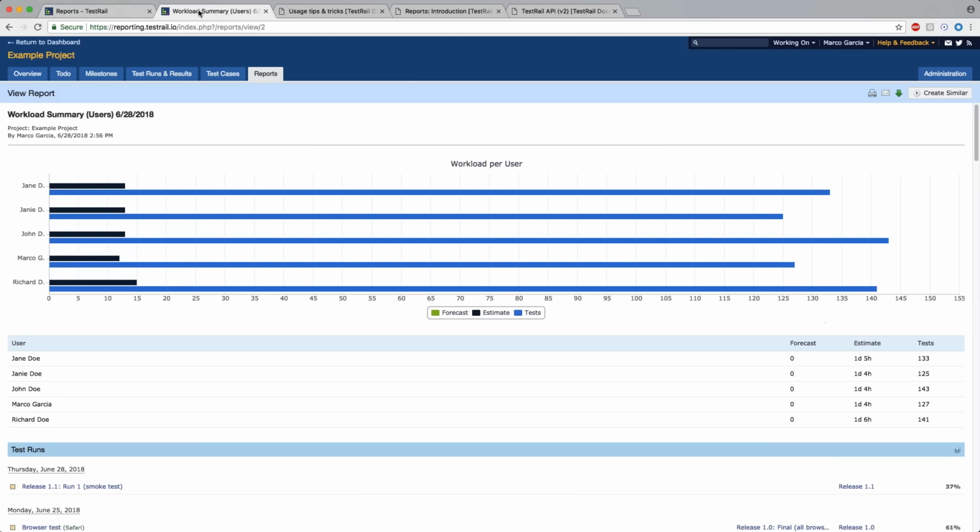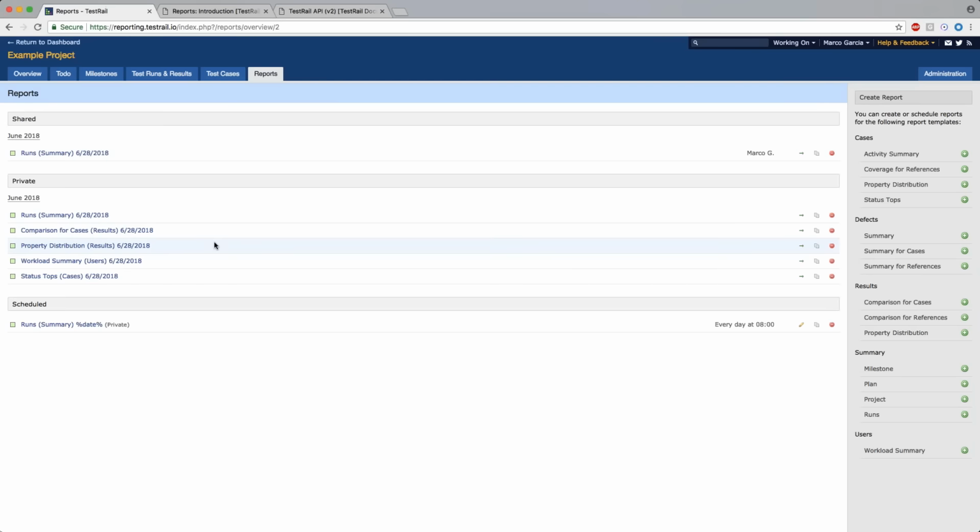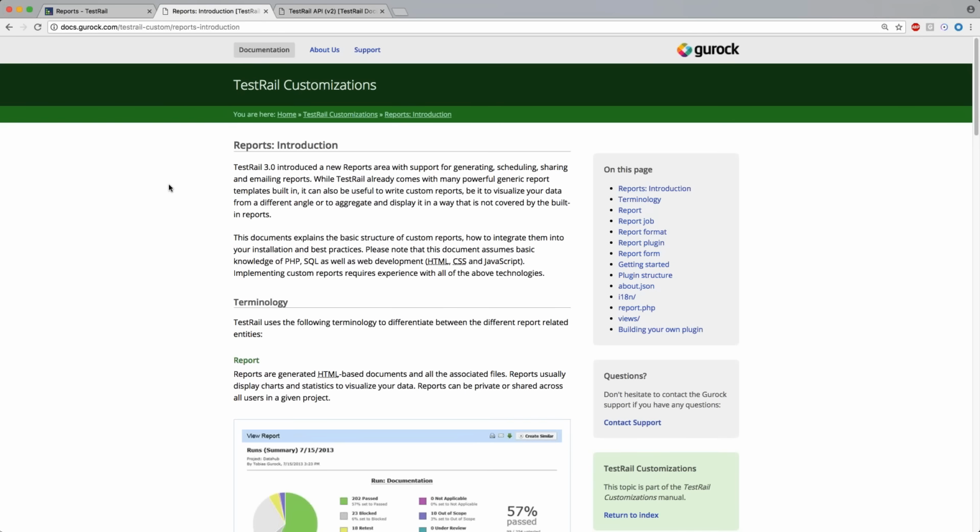I did want to go through some customization options that you would have to extend TestRail's reporting, either externally or through the built-in reports. Just really quickly to go through this, I wanted to provide the actual article that we have on our documentation hub, which illustrates the options you have for building a custom report. We have the documentation here. You do need a little bit of developer experience, so it kind of lets you know what you would need experience for here within this